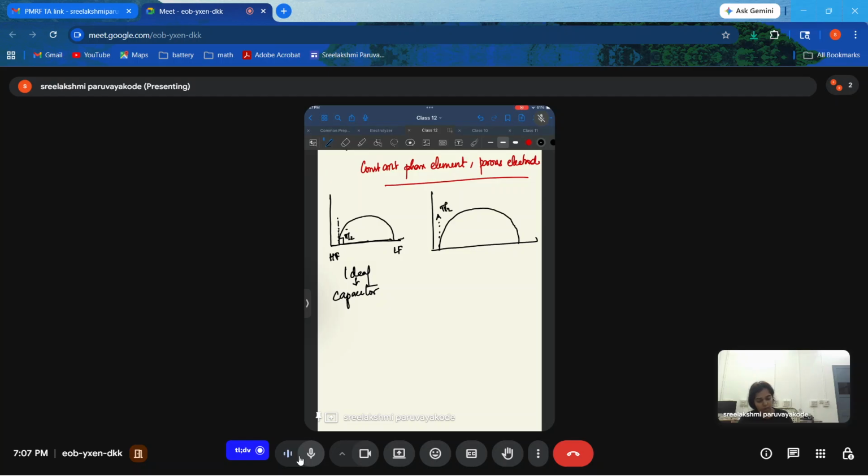In reality, what you get can be something else. Something else meaning it looks like a semicircle, but it's not an exact semicircle. It looks kind of depressed. Why depressed? It is called a depressed semicircle because